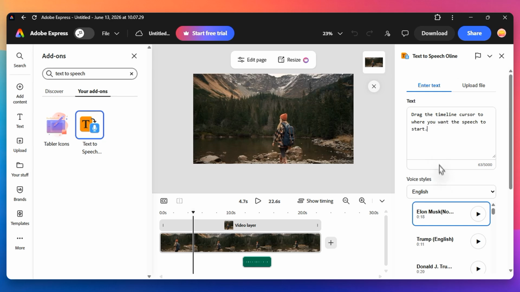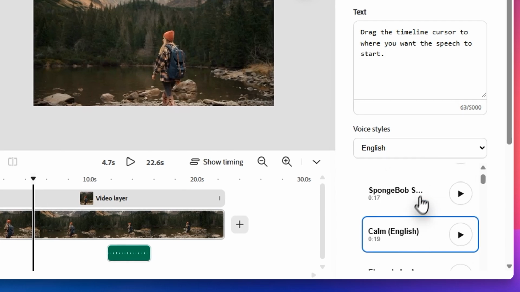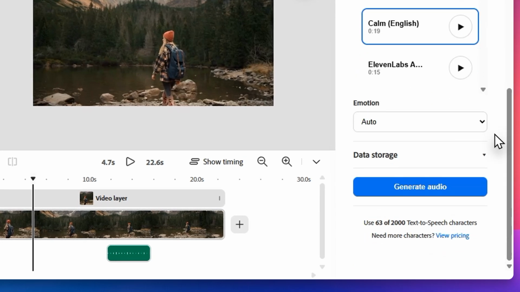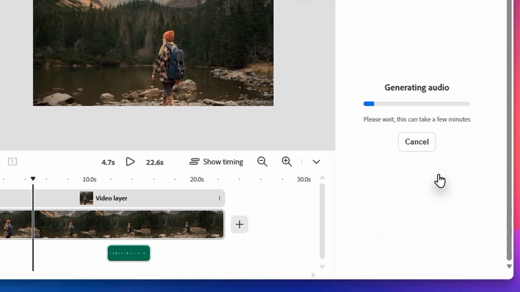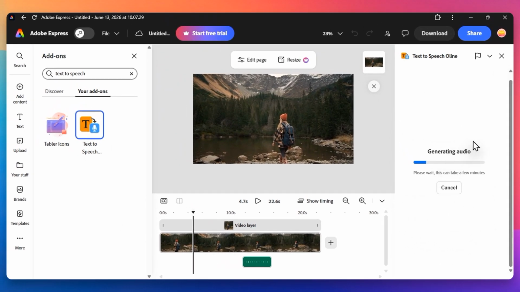Now you will see a script field box where you can type or paste the exact text you want the AI to read aloud. It is a good idea to check your spelling and punctuation here to ensure the voice sounds natural. After your script is ready, it is time to choose the right voice. You can browse through a variety of speaker profiles to find a person that fits your brand. You can also select the language and even the specific tone or emotion of the voice from the drop-down